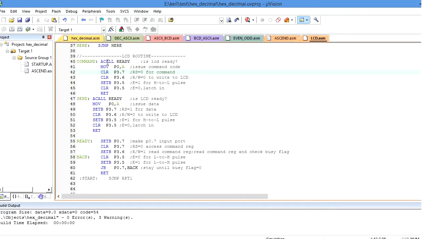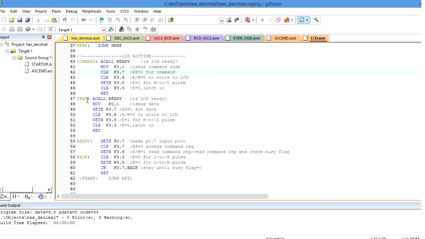So this is the function it is going to execute whenever the microcontroller transmits a command to the LCD device. Similarly, whenever it is going to transmit data from the microcontroller to the LCD device, at that time we are going to call the send function. So this function is called from the main function.